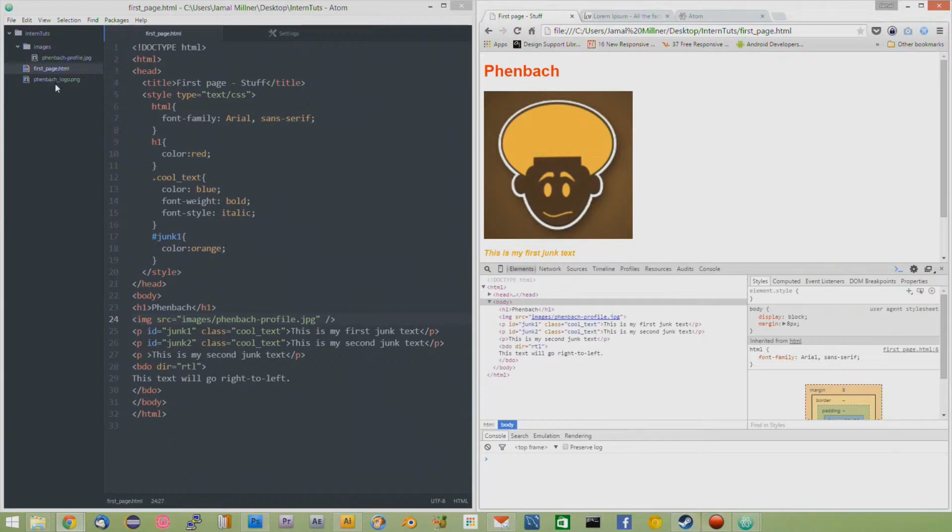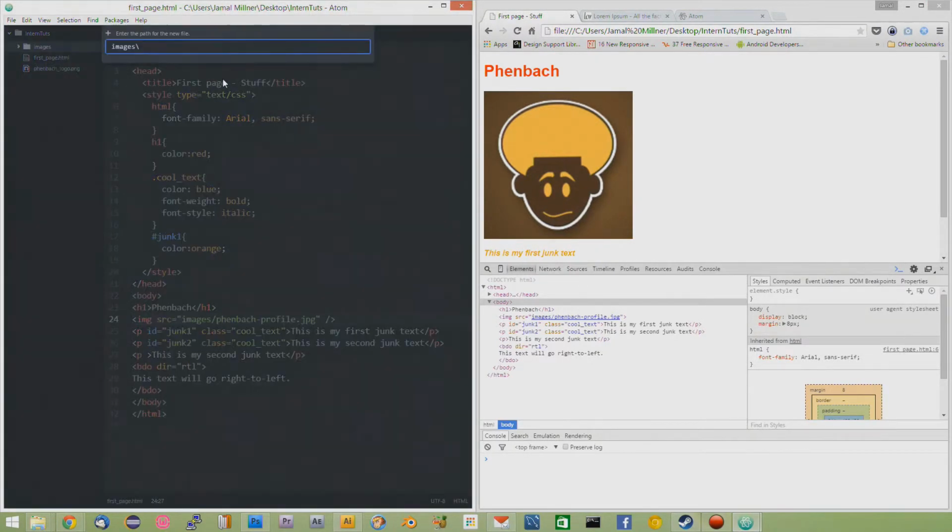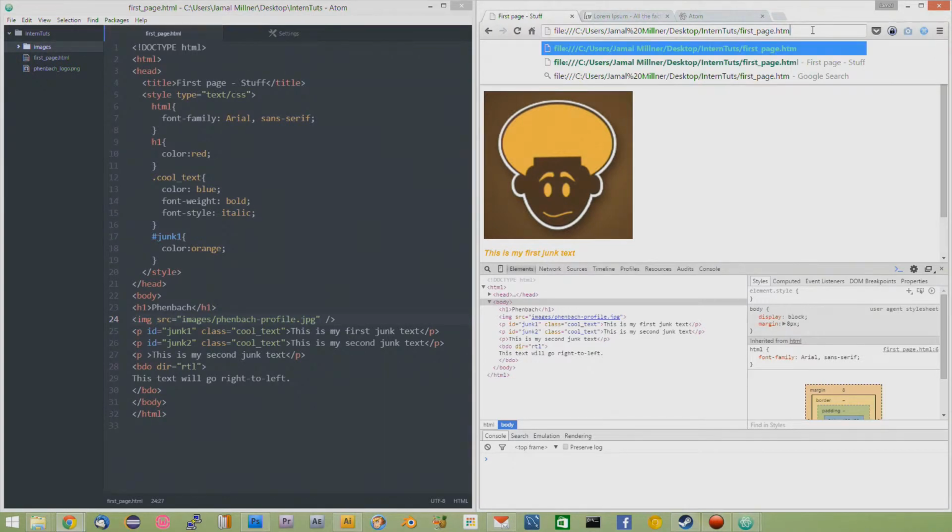But I want to cover what if you're inside the images folder and you want to access the logo. So let me make a new file, and I'm going to call it test.html, hit save, and then I'm going to go here and do